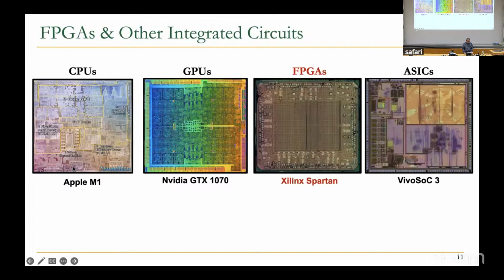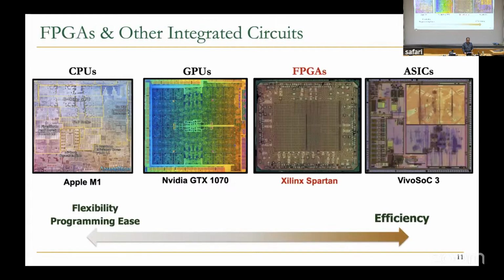So you have already seen this slide from Professor Mutlu's lecture that essentially we have this flexibility from CPUs, and this is quite easy to program. But as we go through this spectrum, you're going to see more efficiency, but at the same time, you might have less programmability. So FPGAs are standing in the middle between complete ASICs and something after GPUs, that are accelerators.